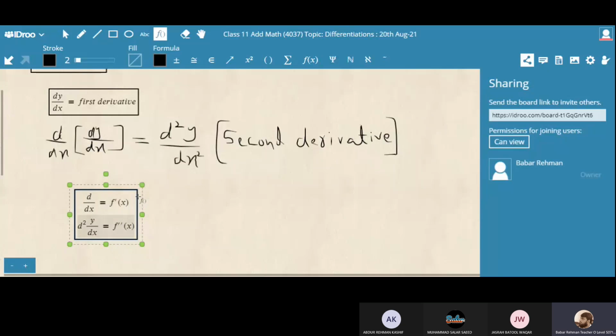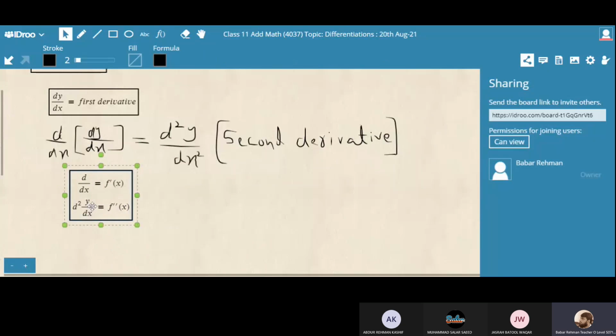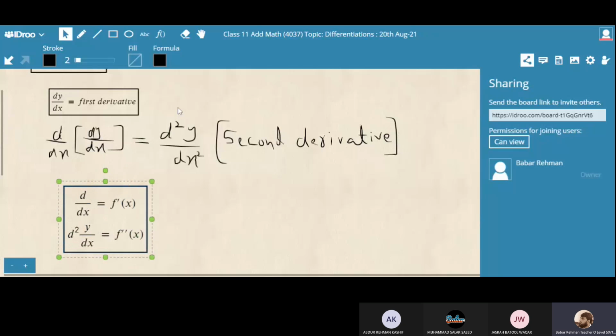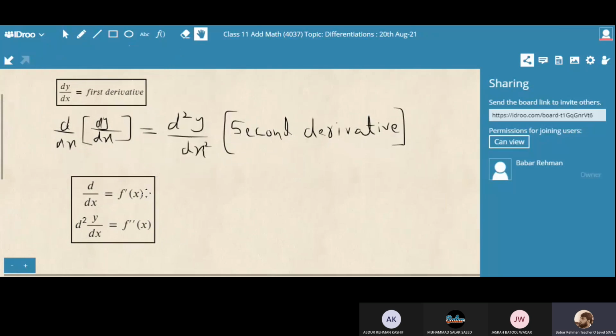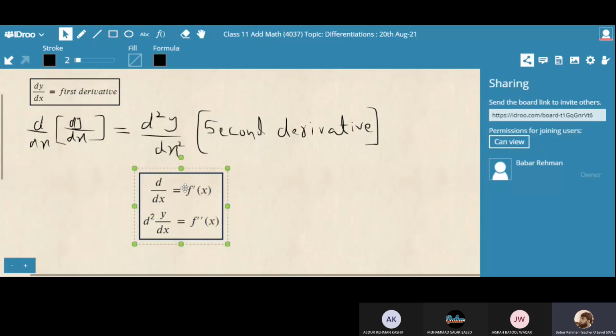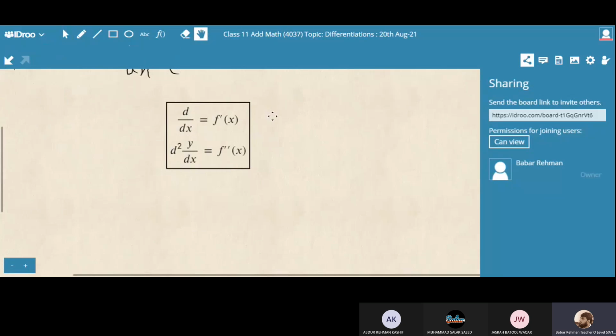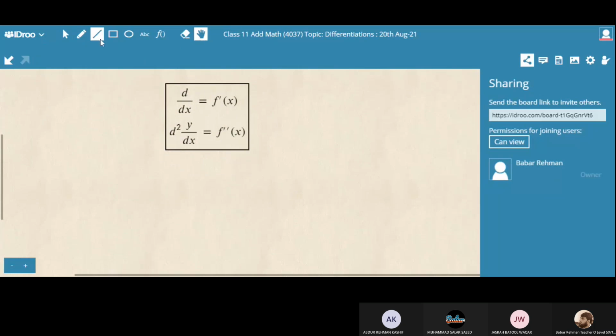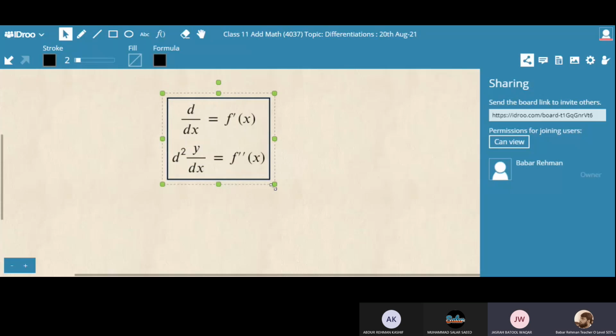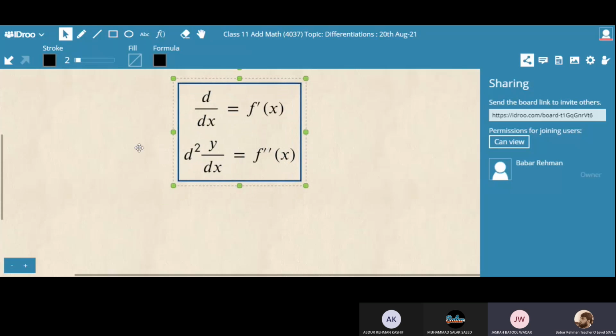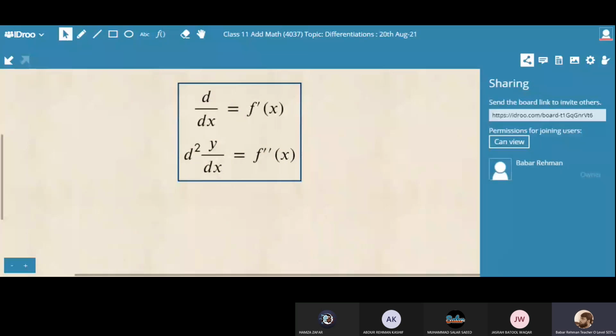I hope you people got this concept. I think there is no confusion now. Yes, Jersa, is it easy? Yes, sir. Okay, I make the big one so that you can understand. All right, so this is the double derivative. Now, students, write down in your notebook how we write the first derivative and how we write the second derivative.